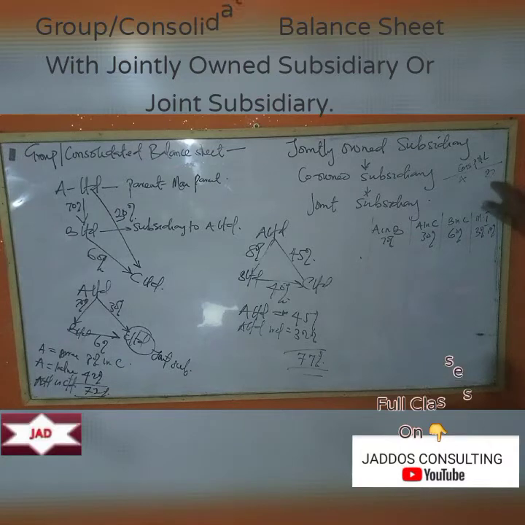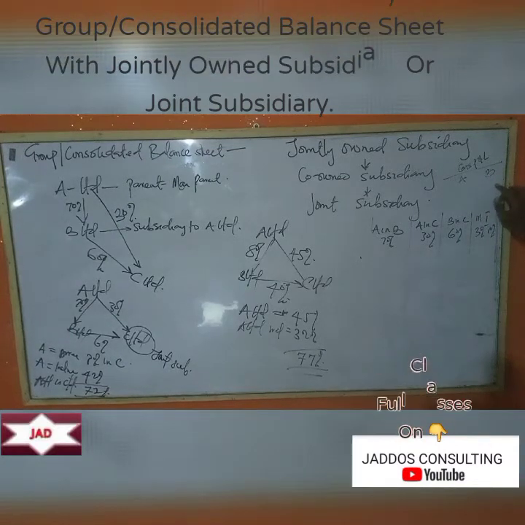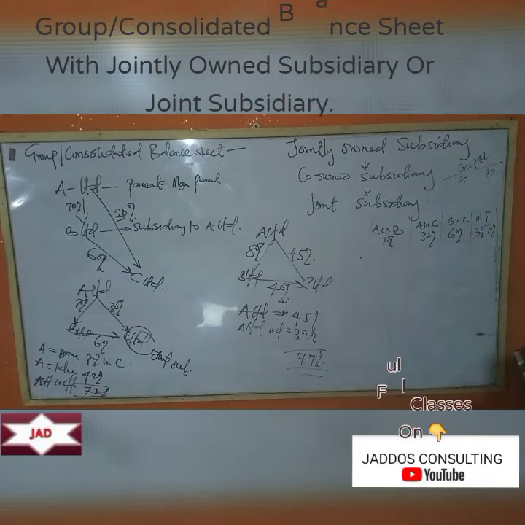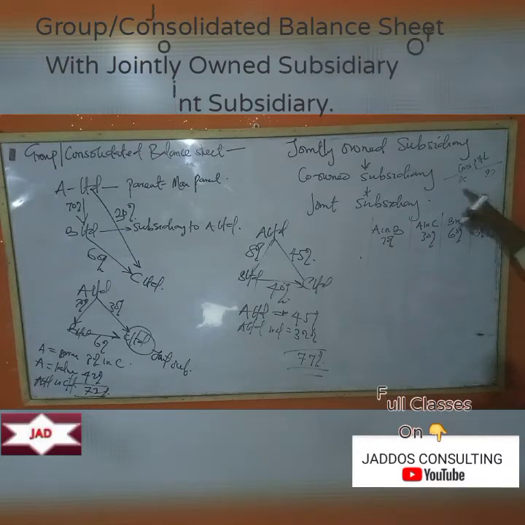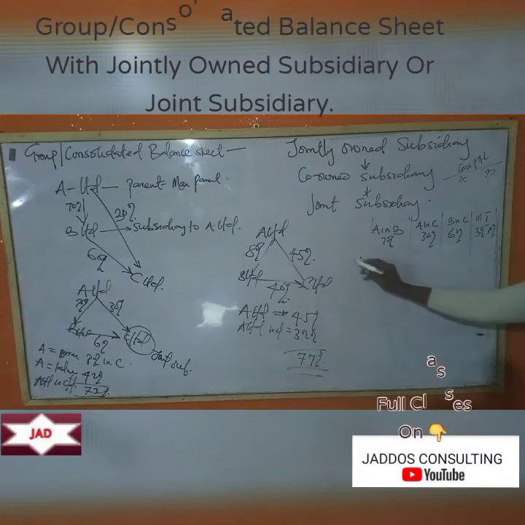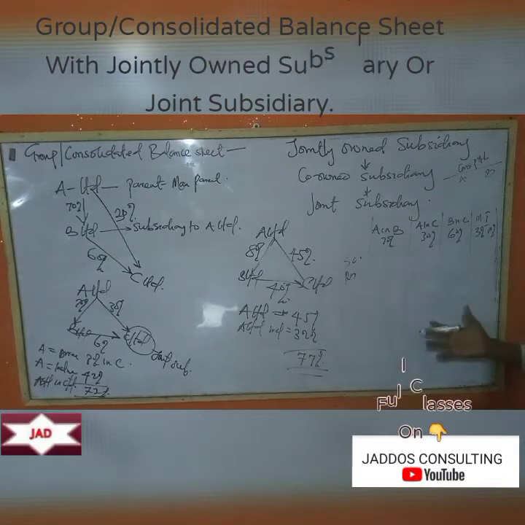Don't forget that I already told you that in this scenario, you would have to liquidate anything that we have as consolidated P&L for the sub-parent. B here is a sub-parent. So anything that you have here, you have to liquidate it between A and the minority interest. So after spreading your share capital and your reserve, which I believe you already know how to do,